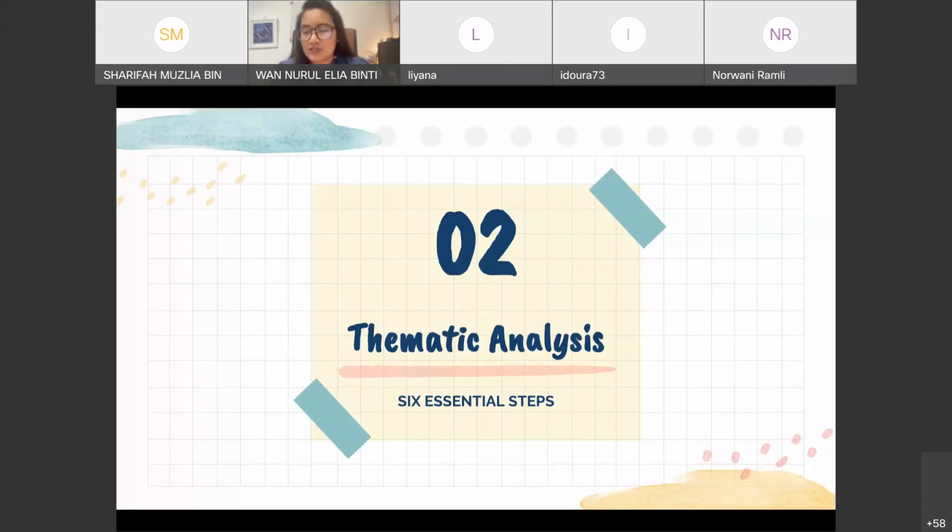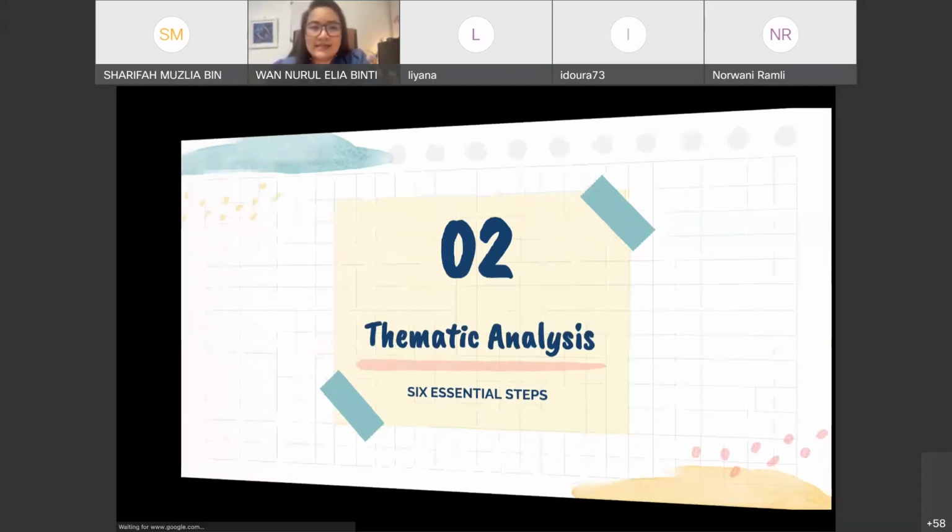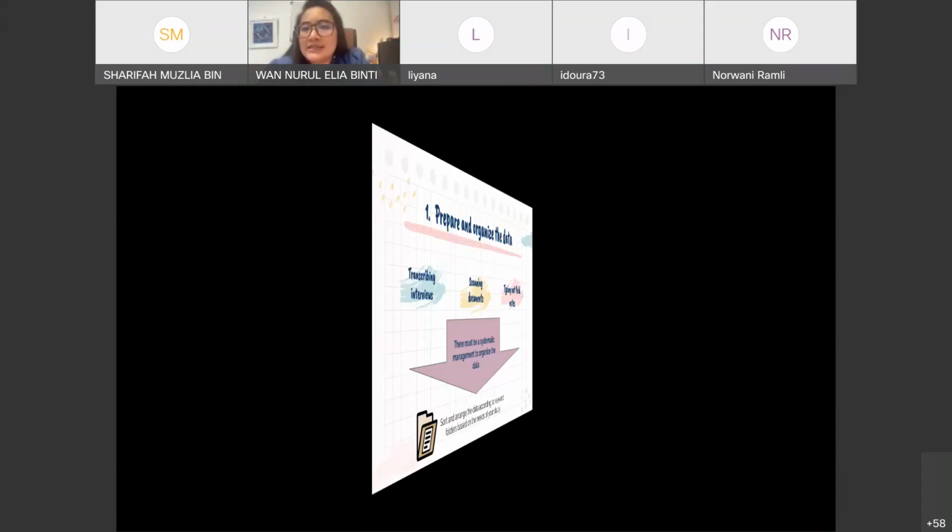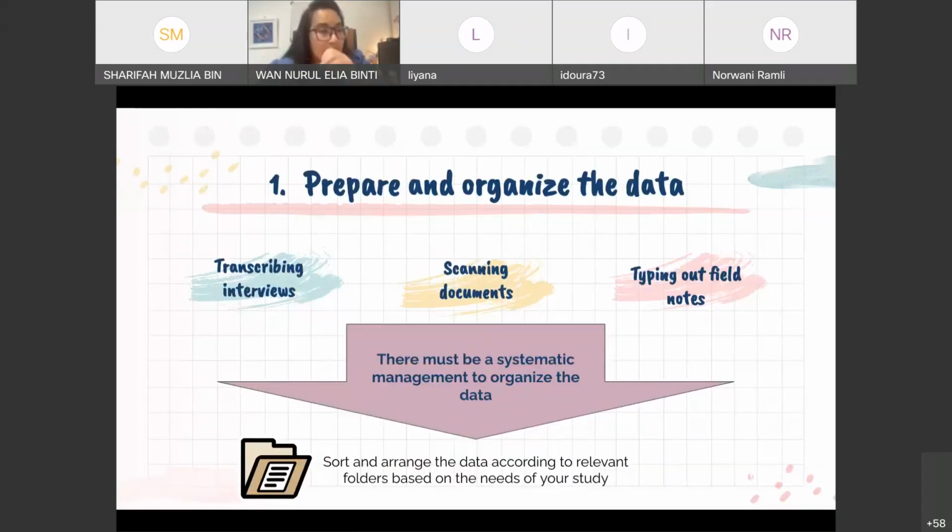So the first thing to work on is your organizational skill. You need to know how to compartmentalize things, and at the same time cross-check between the data that you have collected. The first step in thematic analysis is preparing and organizing the data. Let's say you have interviewed 5 teachers, and you have observed their lessons 3 times. So 3 lesson observations for each one, and you have 15 lesson observations. Am I right?